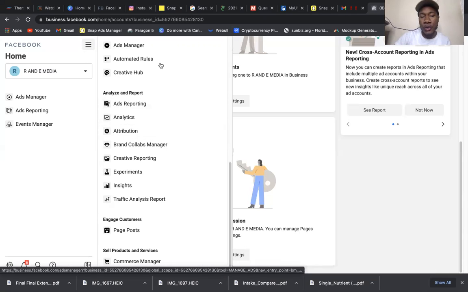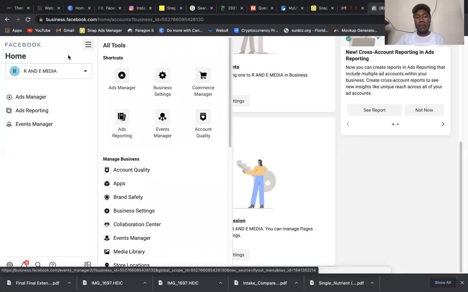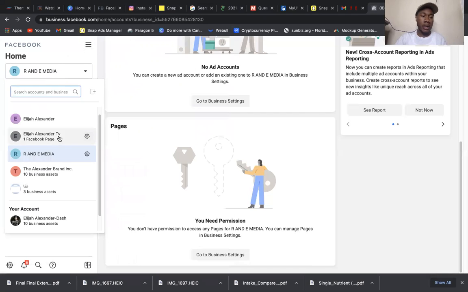So I'm showing you another way to see all of your data, because a lot of people are mad, as well as myself, that you're not able to see ads how we once were able to see ads. So I did want to get that out of the way.